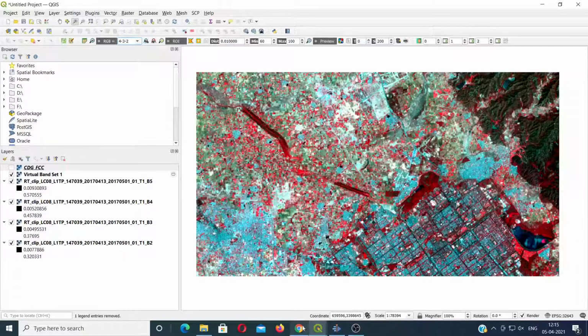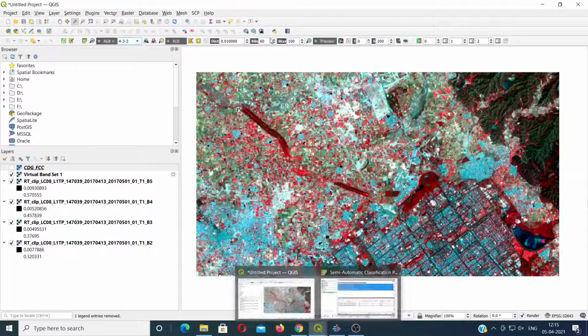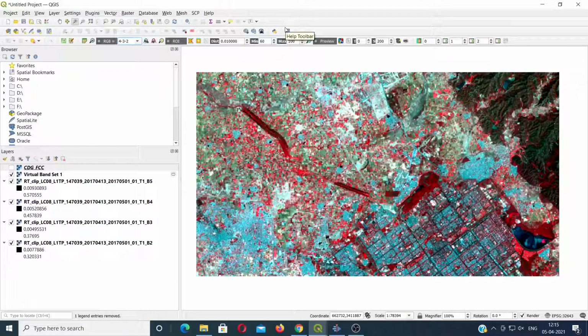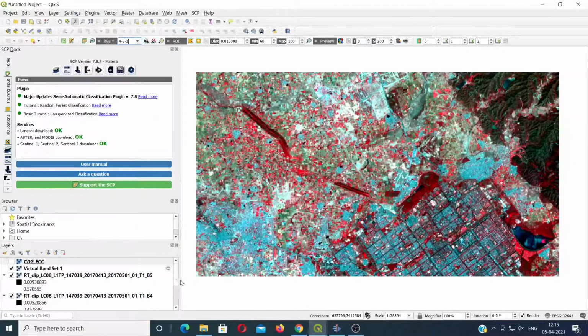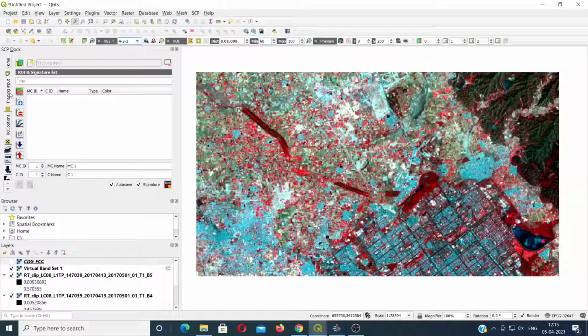So now the next step is to digitize the region of interest and obtain the signatures for our classification process. What I will do is I will go to View, Panels, and SCP dock. Here I will click on training input, and you need to first create a new training input.